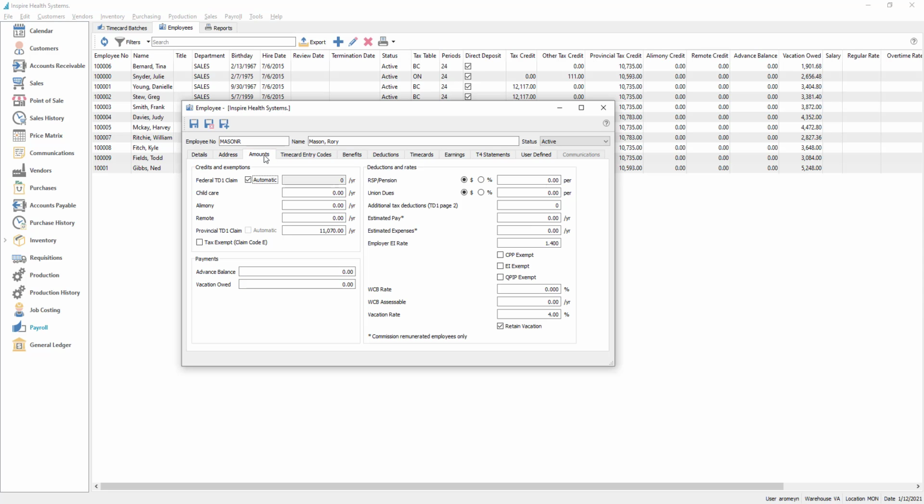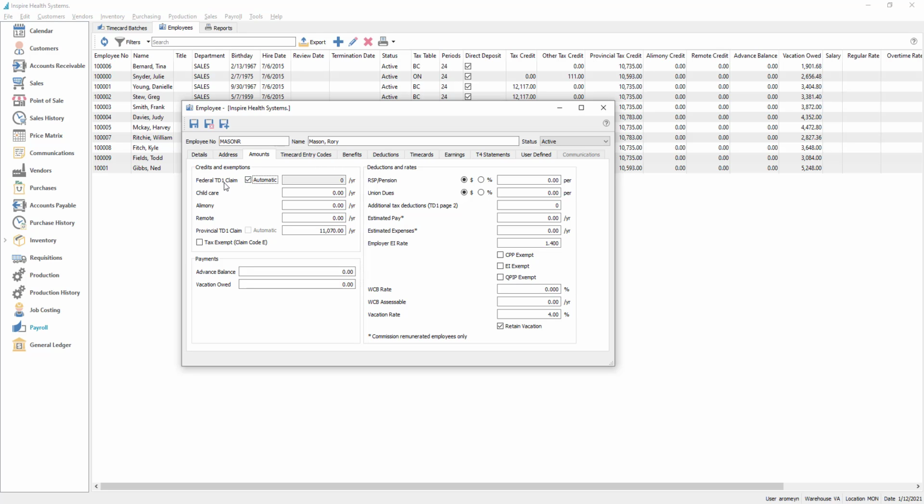Amounts. So this is the TD1 form that the employee fills out. Now in Canada, the federal TD1 claim amount is now automatic, so you can check that off. You don't have to put in an amount. If you hover above it, you'll see it use automatic federal basic personal amount calculation. What that does is it depends on how much they get paid for this period or how much it uses for the TD claim amount. So they've got a scale of that. It's not a fixed amount anymore. If you uncheck that, you can still put it in manually, but just be aware that the rules have changed